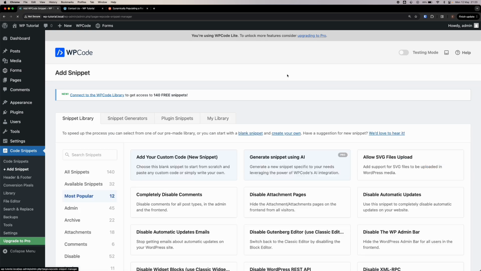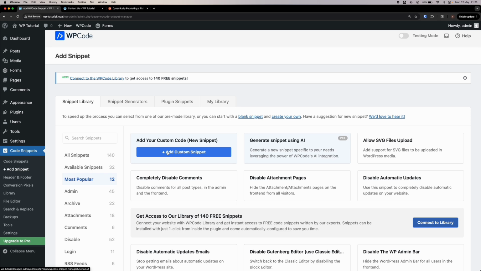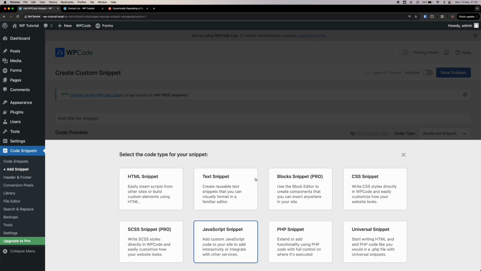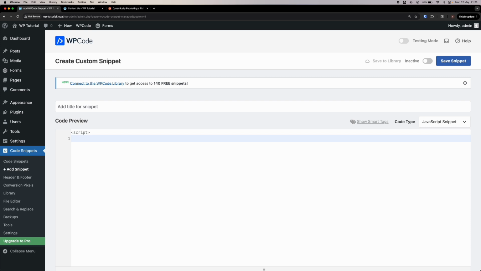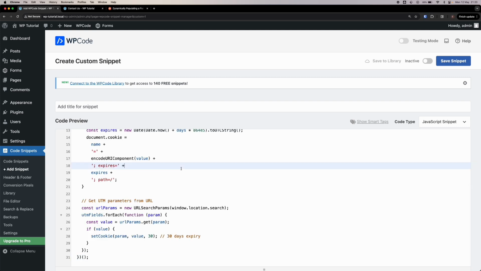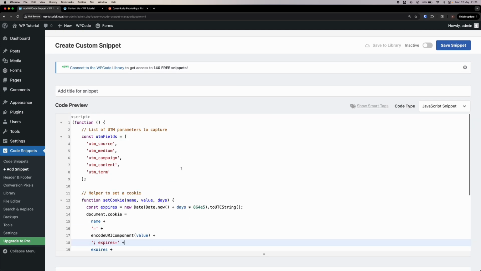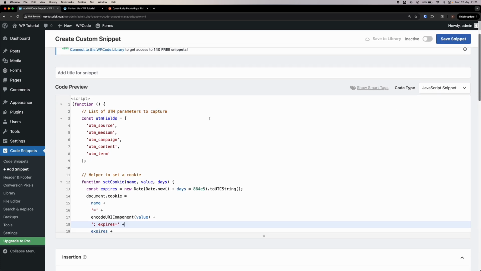So let me just create that one first. I will just add a custom snippet. I will select JavaScript. And here let me just copy and paste so you don't have to watch me type all of this. And I will explain. So this is my JavaScript code. And what